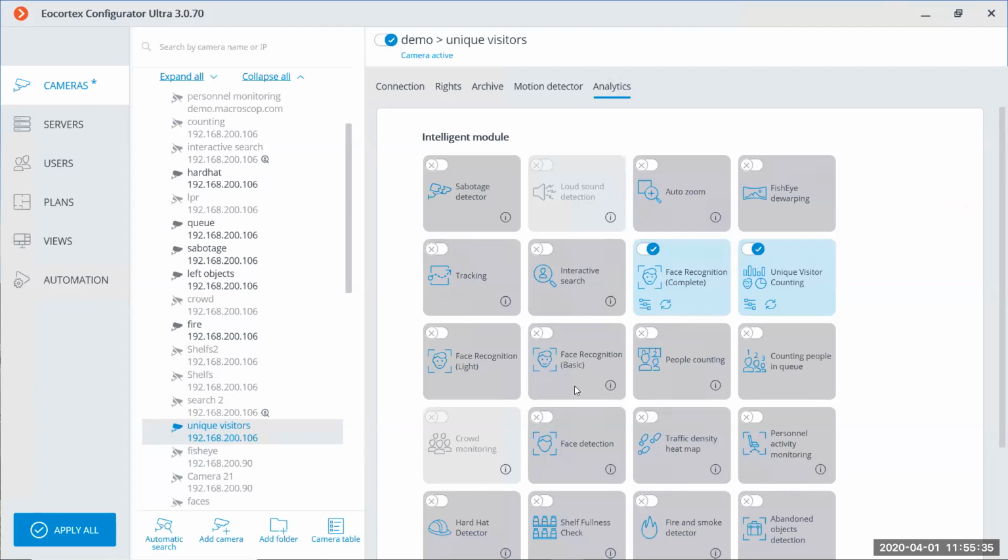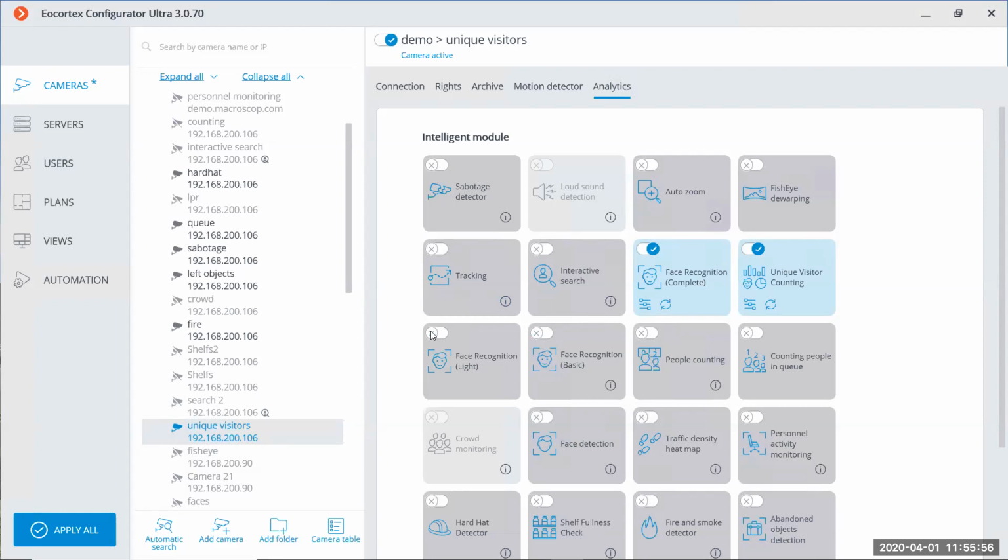That's why it was not a bad module, but we tried our best and developed it a lot. So now the engine is absolutely different. It's working on the neural network, and we have these three modules: light, complete, and unique visitor counting.